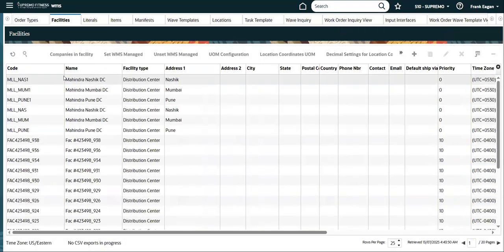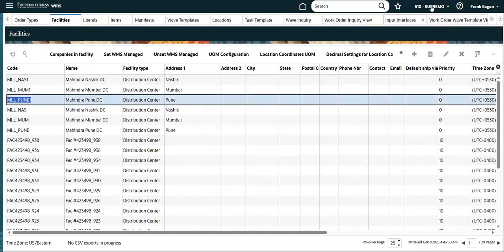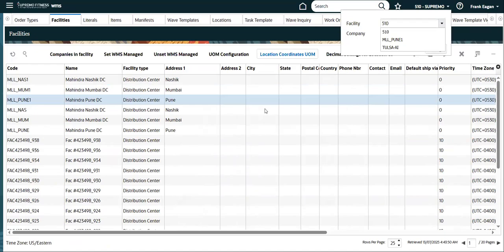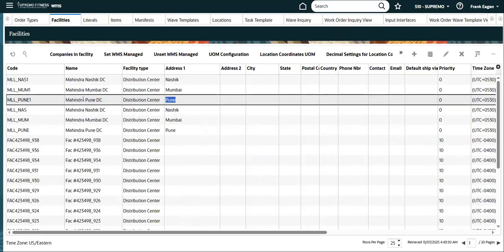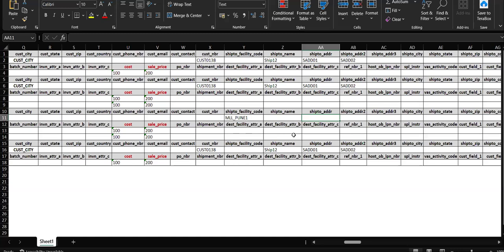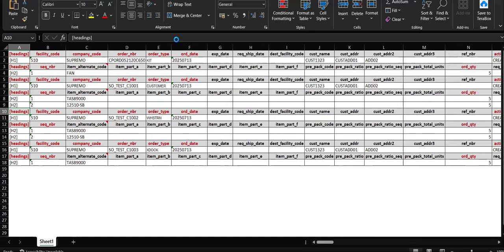This one we will give. Where is the ship to facility area? Okay, this one. The ship to facility code I am giving. That is sufficient. Facility name also we can give. Okay, this is fine. If I save now,